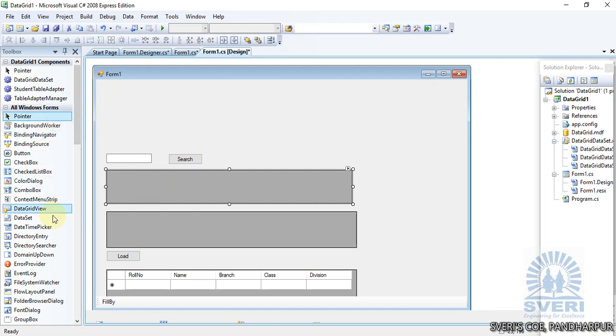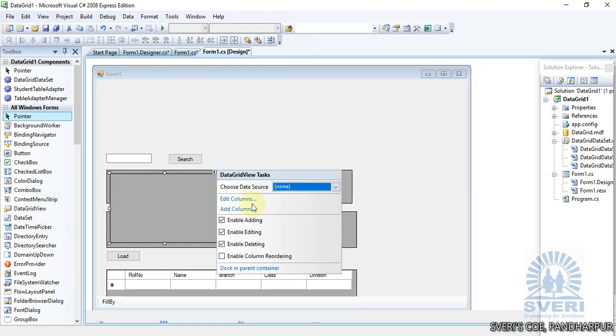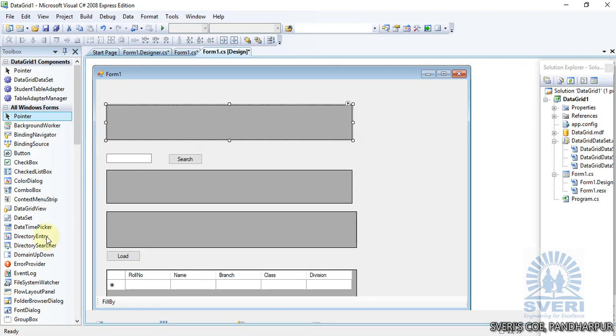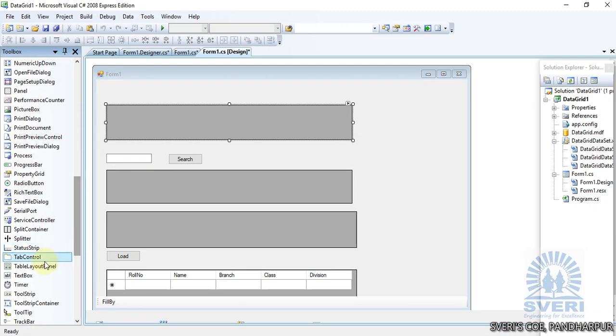One more thing, similar to the search button, we will add one more data grid view to our form, and one more text box. So when you enter the text, if the text is matching with any value, it must display that value in this particular data grid. So for this code,